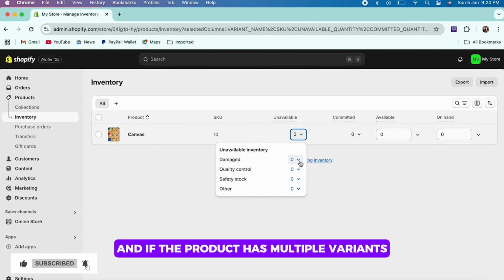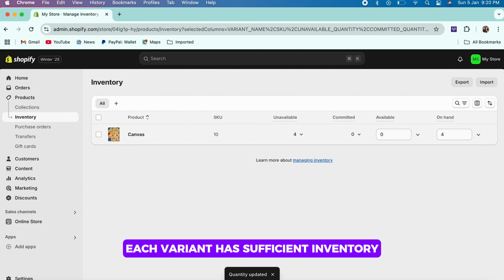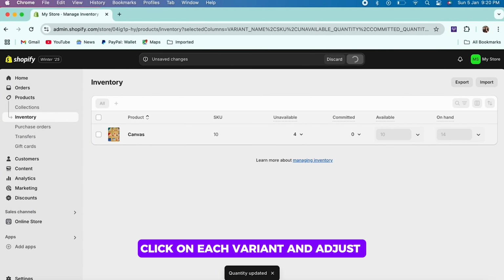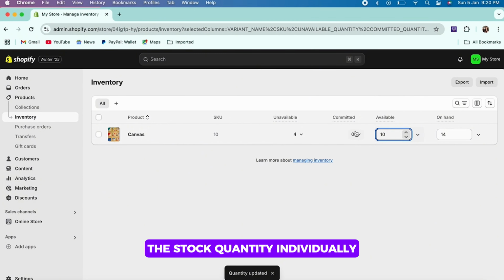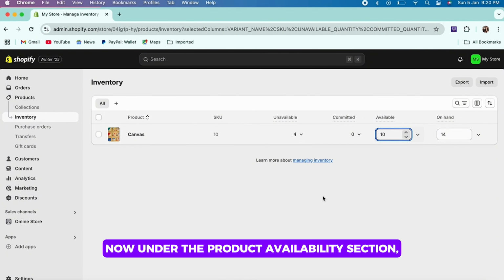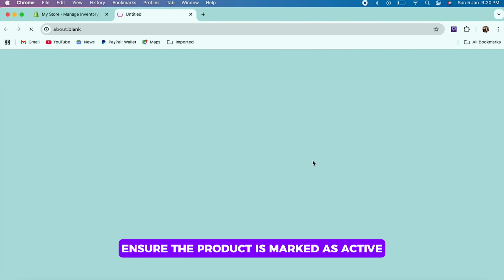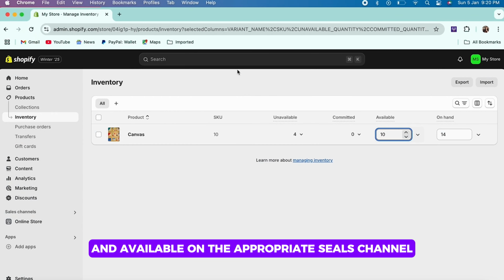And if the product has multiple variants, example, sizes or colors, ensure each variant has sufficient inventory. Click on each variant and adjust the stock quantity individually. Now, under the product availability section, ensure the product is marked as active and available on the appropriate sales channel,